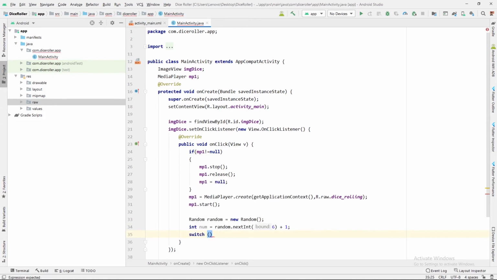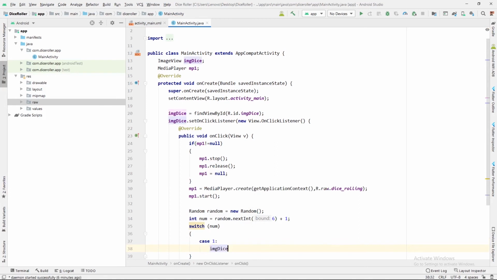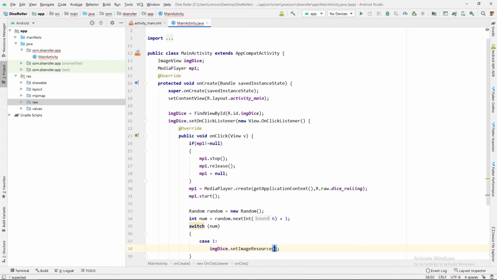Just after this I will create one switch case where we will pass this randomly generated number, and based on the values of this number we will show random face to users. If number is 1, then we will show the face of dice which is showing number 1, and so on.